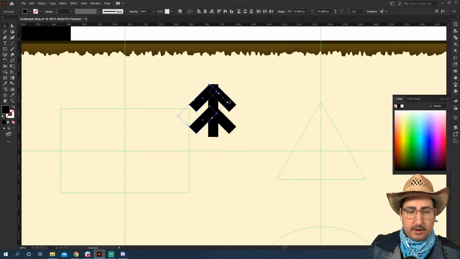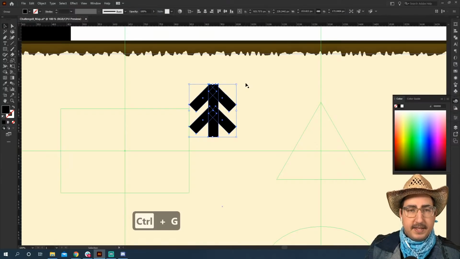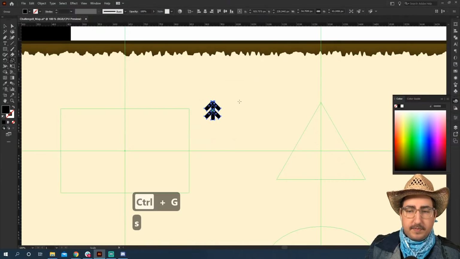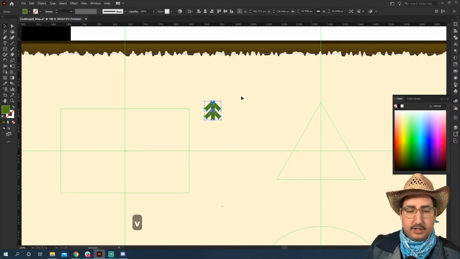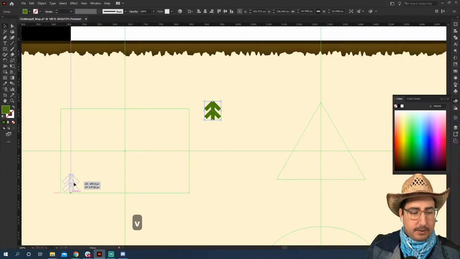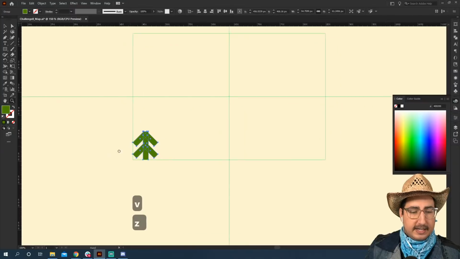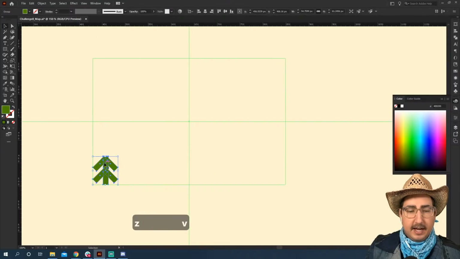So we can click and drag over here and have a nice little tree. We'll just group all of these together, and then we're going to shrink it down. What we can do is use the color picker over here. You can see that that eyedrop is going to be something that changes that color. So we're going to grab this, and now we can use our guides to position perfectly where we want